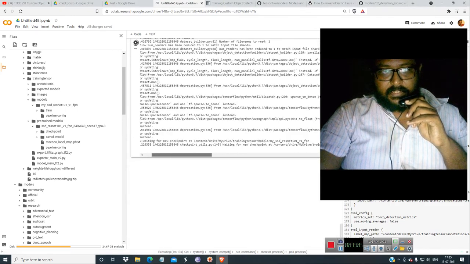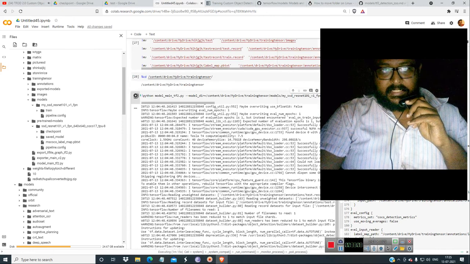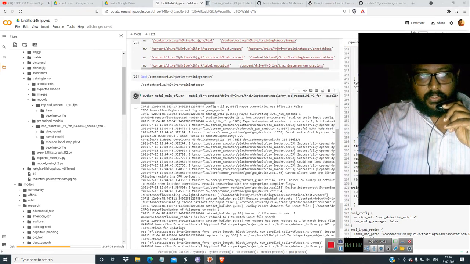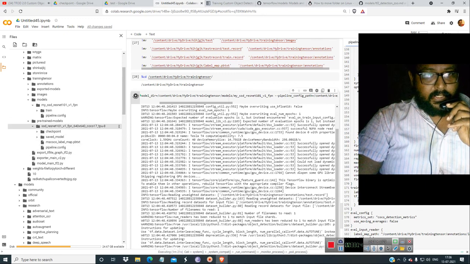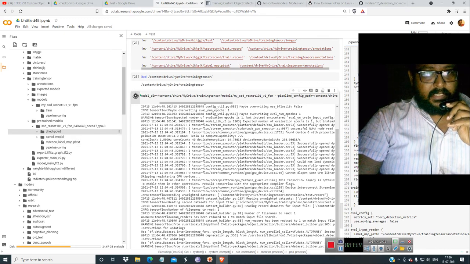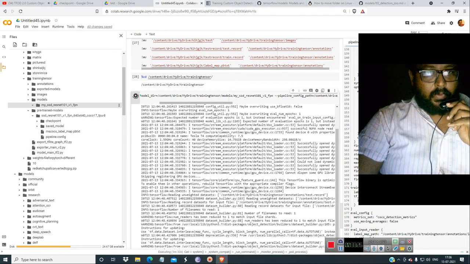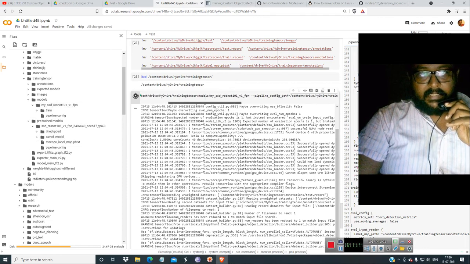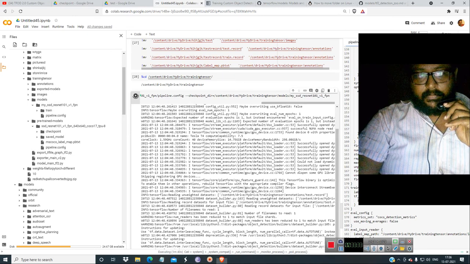The only thing is that in both of these you have to give the model directory here as this empty folder, as you can see, an empty folder with all those checkpoints, from the tensor training models. The other folder would be from the models itself.